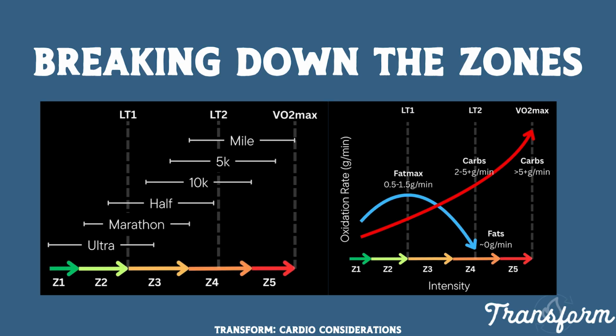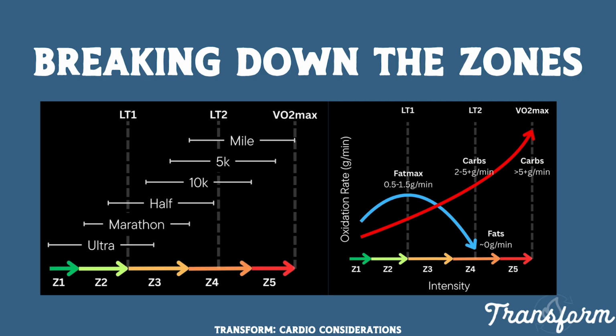I thought these were some really fun and useful charts that I found from Phil Batterson, and essentially they illustrate the races that are performed in each zone. And obviously there's a huge amount of variability from person to person, in the zones themselves and the races. But the longer you run, essentially, the more you're going to be in zone 1 and zone 2. The shorter distance runs, or mid distance, like a half marathon, about 13 miles, is between zone 3 and 4, mostly zone 3. 10K and 5K, mostly in zone 4. And then the mile sprints, anything under that, is going to be zone 4, 5 plus.